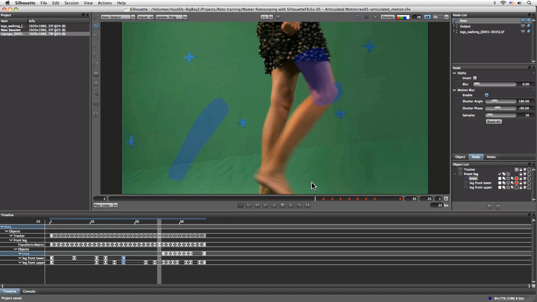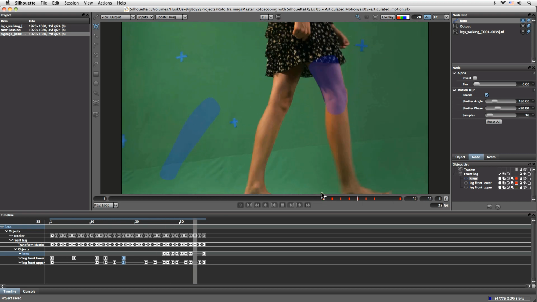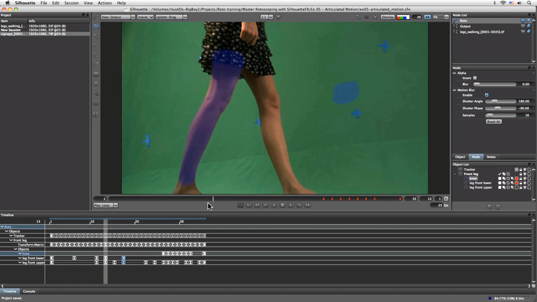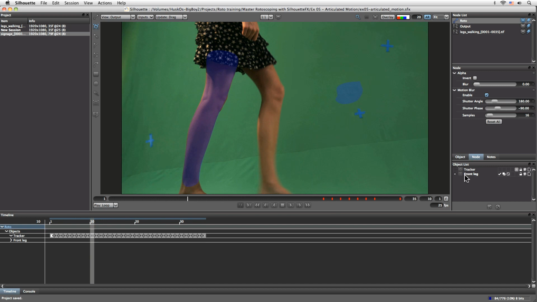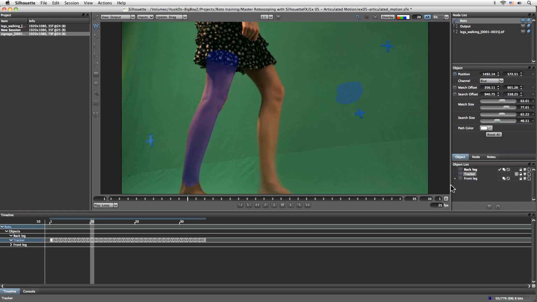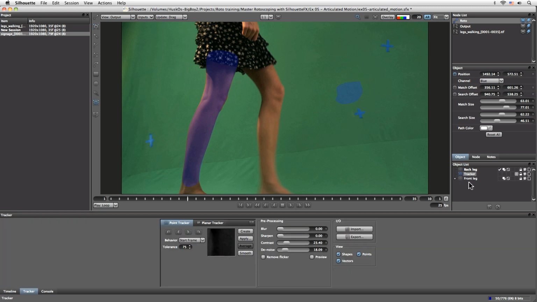We're going to look again and properly analyse this shot in the final exercise, but it's a good one to look at. So once we've broken those shapes up and used our tracker to stabilise things out, we actually started to build up these certain shapes. Now here's something else that I want to go over really quickly before we end. If we were going to do the back leg now, let's add another layer here and we'll call this back leg. We want to have the same movement going on to help stabilise things up, so we can just reuse this tracker. So we come back into our tracker here with this one selected, have back leg selected here, so it's the active